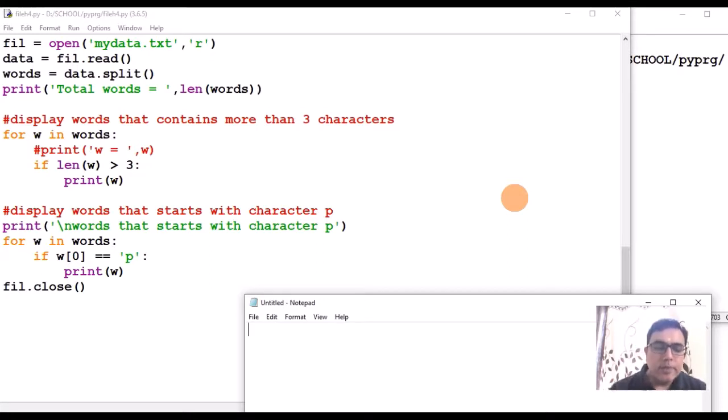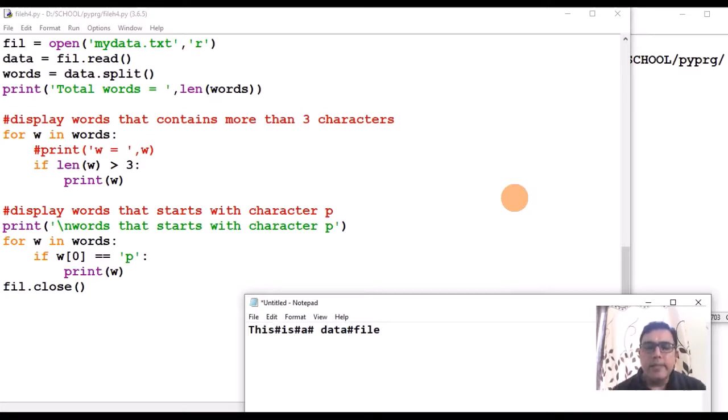Now suppose there is a data file. This is a data file, right? Now suppose I want spaces also to be treated as part of my data. So this time I have used a hash symbol to separate two words.